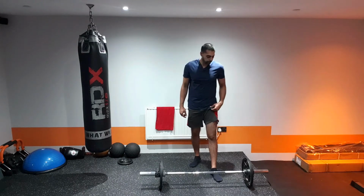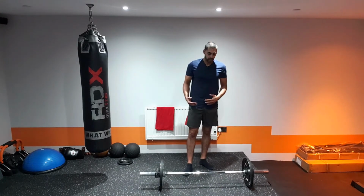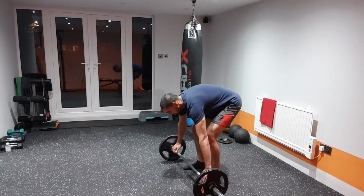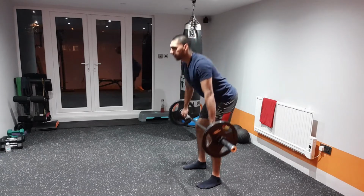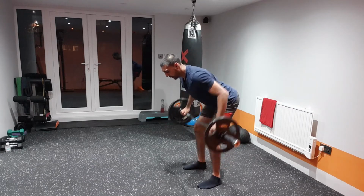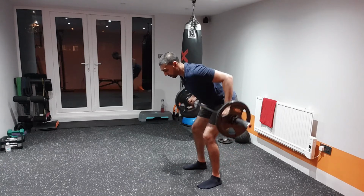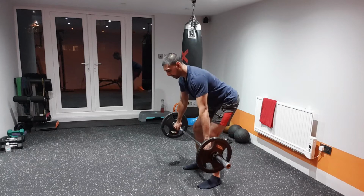So I'm going to go with those wide bent over rows. I'm going to be targeting somewhere between that 8 and 12 repetitions. And you really want to use good form when you're doing a particular exercise. So going out fairly wide here. Starting off in a standing up position, all I do is kneel over until I get that bar just below those kneecaps there, and then round my shoulders back, keeping that chest out, pushing that lower back in, and then bringing that bar diagonally in towards the hips, so it's never coming straight up,